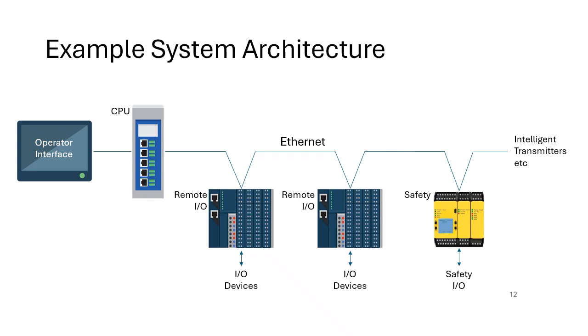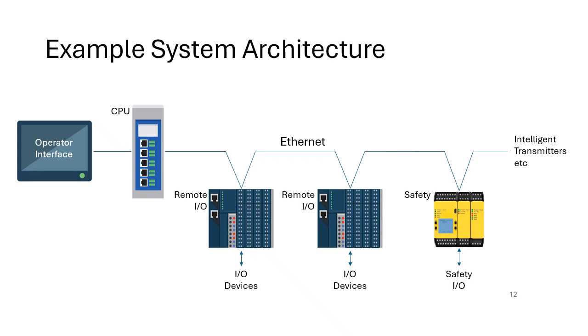So here's an example system architecture. I'm not showing the power supply arrangement here, but in the middle, the core of your system is your CPU. The PLC CPU runs your IEC 61131 Part 3 languages and possibly performs additional functions depending on the capabilities of the CPU. It would also have suitable interfaces. So here I've got probably an Ethernet interface to an operator interface. The operator interface would allow the operator to understand what the machine is doing and also to control the machine by